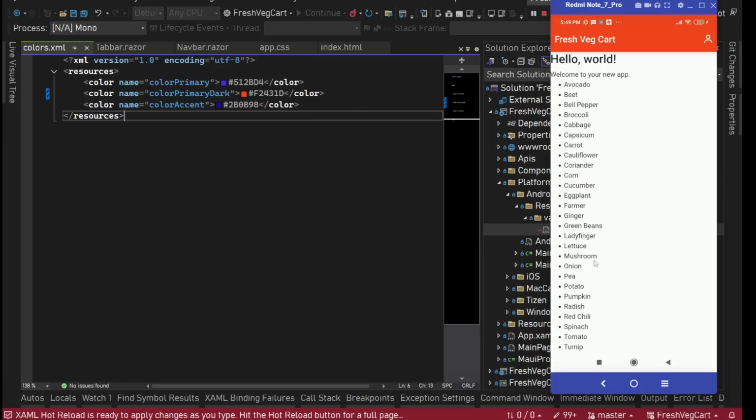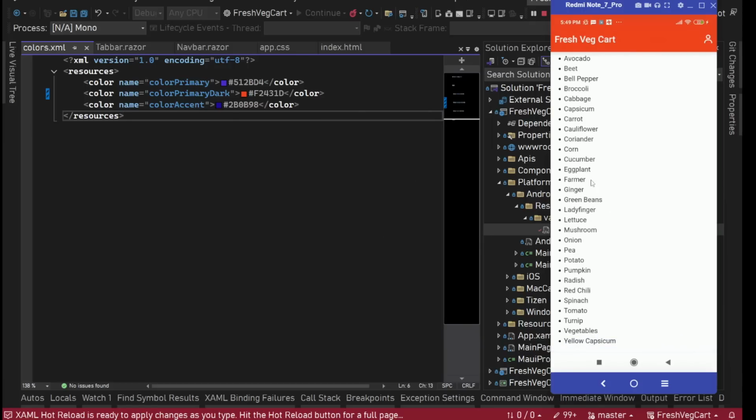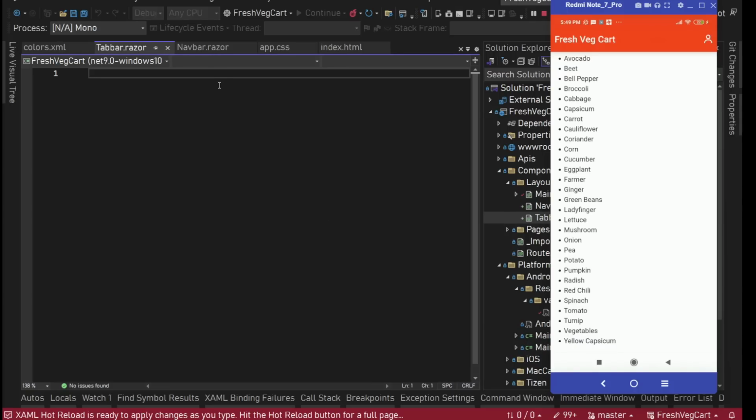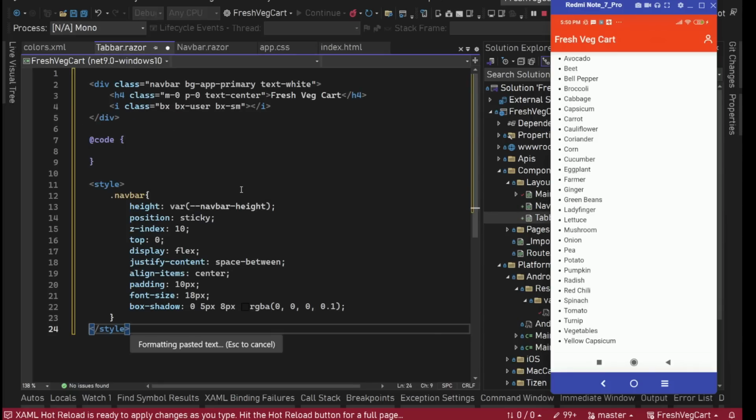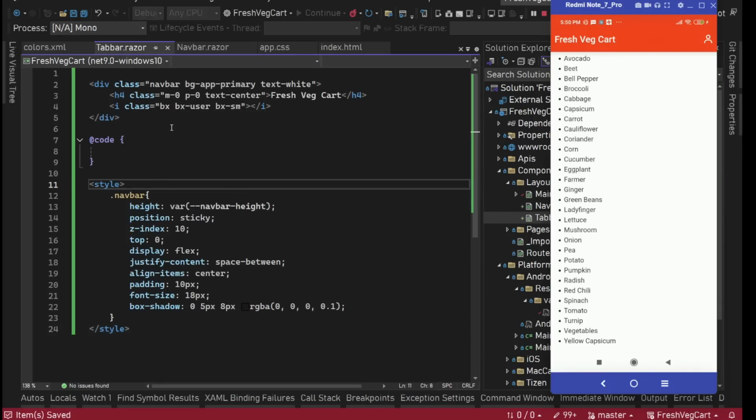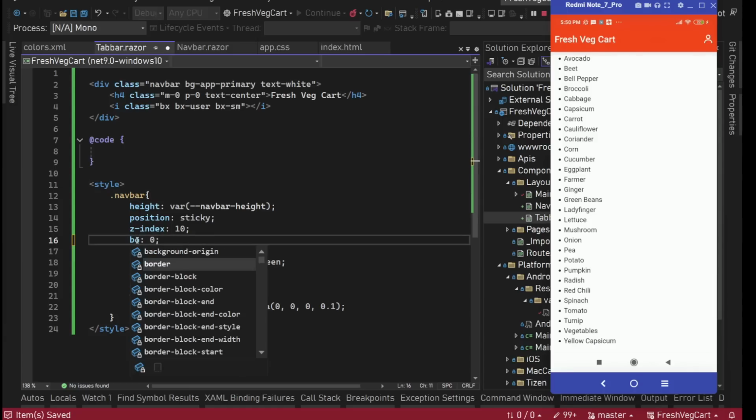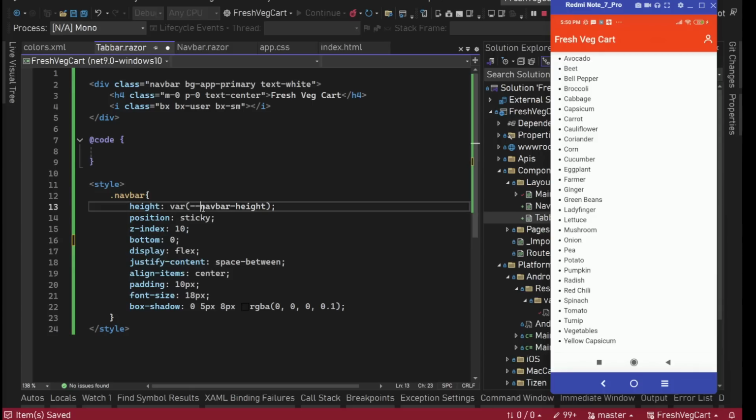All right, app is here and we can see this, it is looking good. Now let's quickly get the bottom tab bar also working, then we'll see. Tab bar, nav bar is fine, let's quickly copy this nav bar, go to tab bar, paste it here, save everything. Okay, and this time instead of top 0 we'll say bottom 0, and instead of navbar height we'll say tabbar height, although these are the same right now. This class we will have as tabbar. Save,